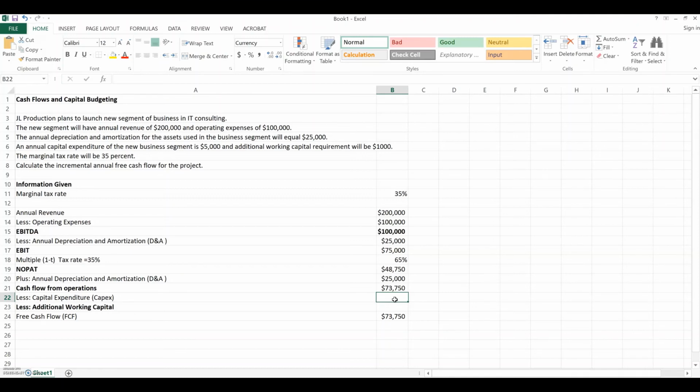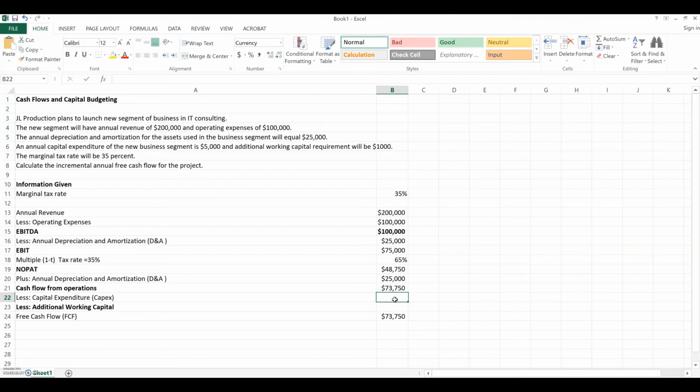All the properties, buildings, industrial plants, technology, and equipment are part of the capital expenditure. CapEx is often used to undertake new projects or investments by the firm, making capital expenditures on the fixed assets